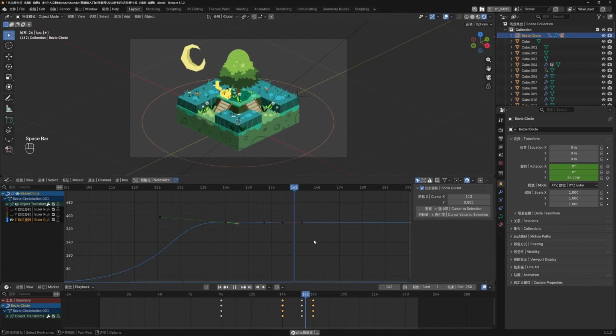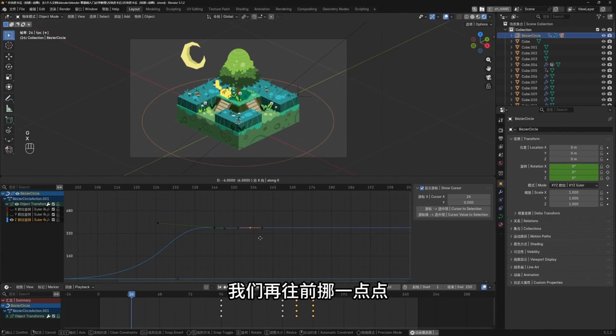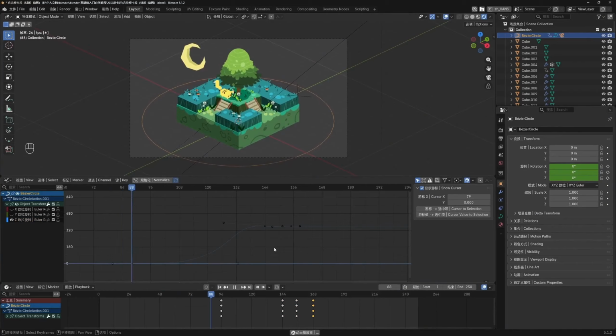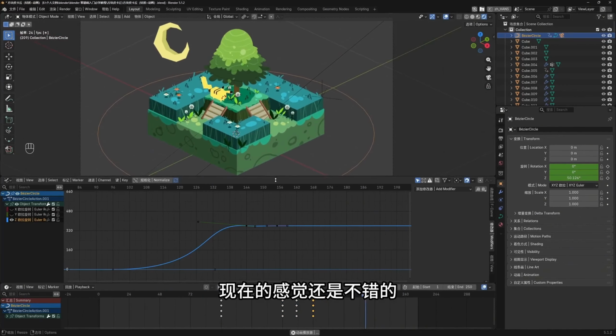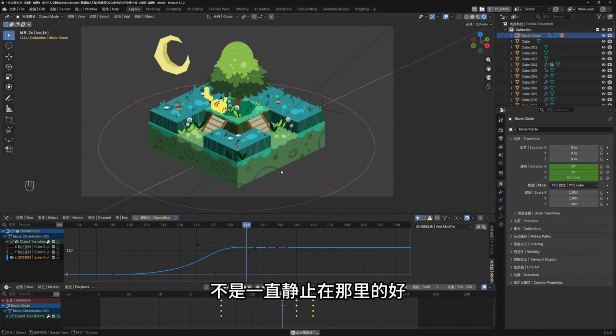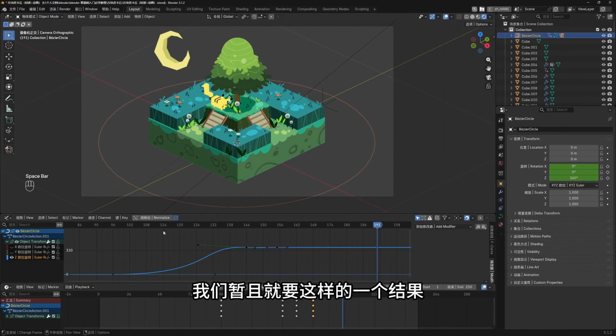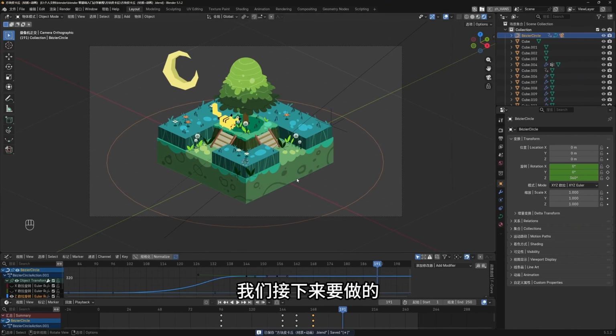Let's take a look again. Okay, I feel pretty good now. Let's move a little further. It feels good now. The whole scene is full of dynamic feeling. It doesn't always stay there. Okay, we want such a result for the time being. Save the file. So after having such a result, what we have to do next is to make a simple